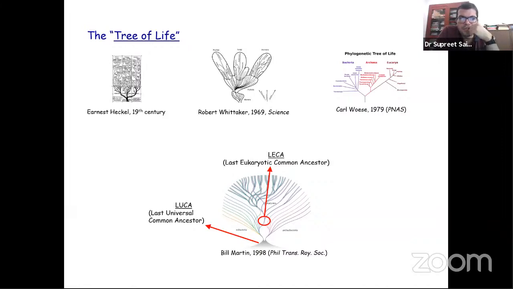And again, from a computational perspective, we don't have LUCA and LECA to study in the lab. So all we can do is a lot of genomic analysis and try to understand what the physiological and metabolic capabilities and the genetics of LUCA and LECA were. A lot of work goes into understanding these events that took place in the deep past, and trying to understand how, starting from such humble beginnings, life in its present shape could have evolved.